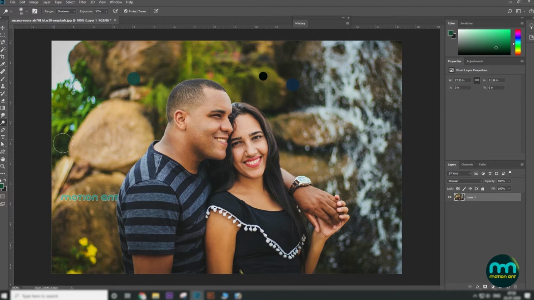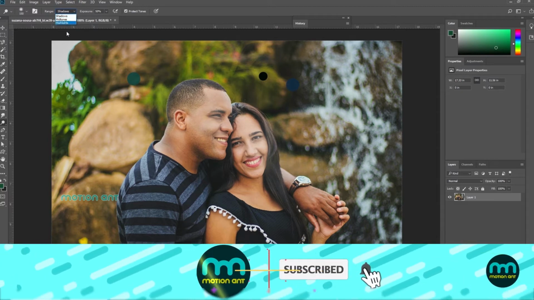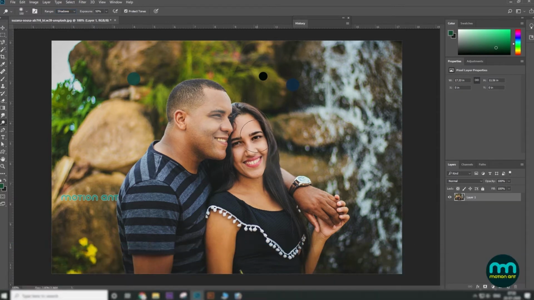Use the dodge tool to enhance the exposure levels on either the shadows, the midtones or the highlights of the picture according to the range above. If you hold Alt down, you will reduce the exposure level of the brushed sides instead. Use the sponge tool to reduce or increase the color intensity depending on what you choose under Mode on the options bar. The eraser tool is used to remove pixels from the picture.